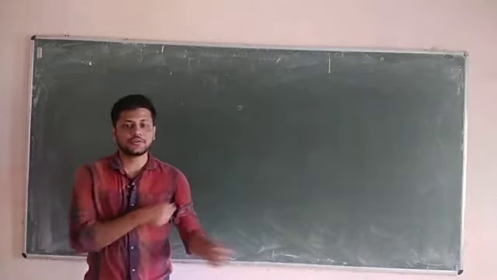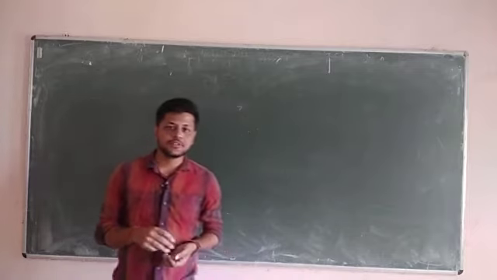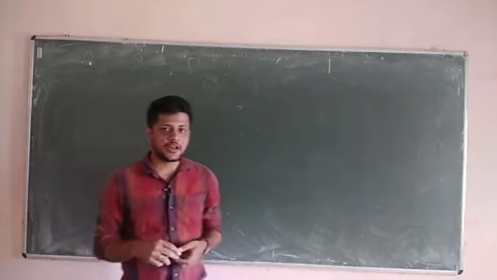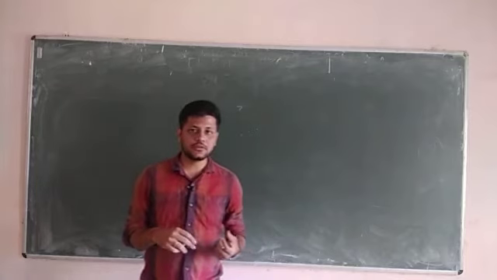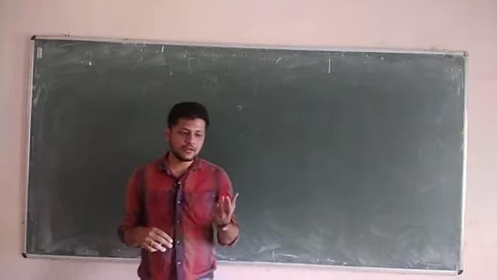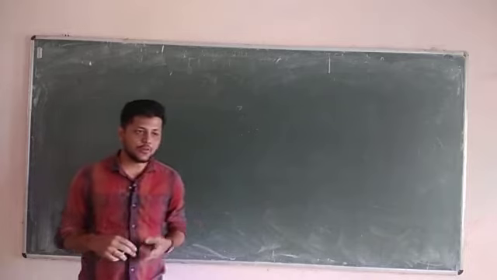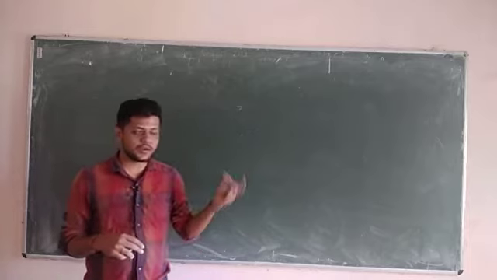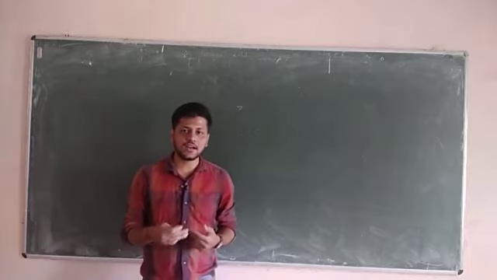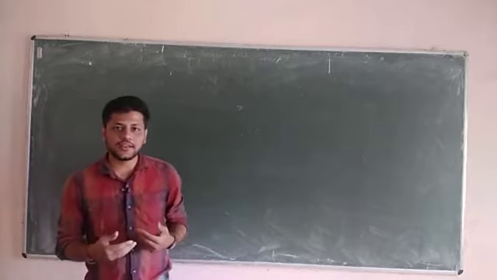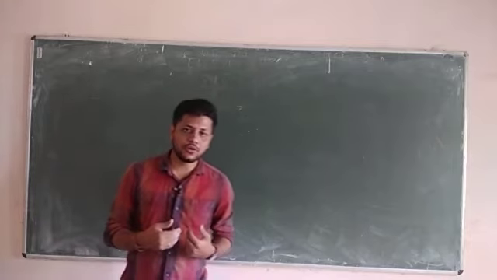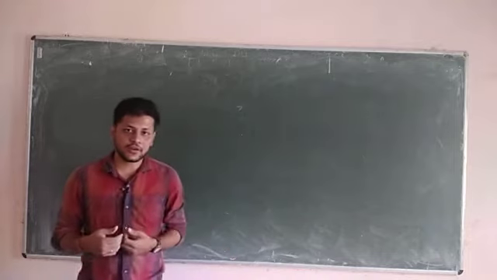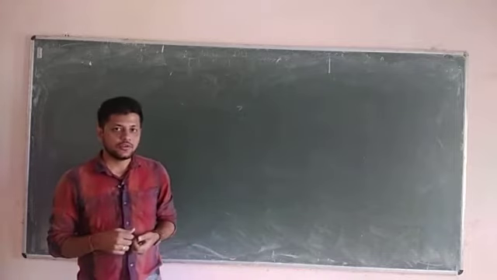In the last class we studied the universal gates, that is the NAND gate and NOR gate, and thereafter I taught you the symbol of the NAND gate, then the truth table of the NAND gate, then why the NAND and NOR gates are known as universal gates. I have already explained, because by using the NAND and NOR gates we are able to design any logic in digital electronics, or any basic gate can be implemented using them. Hence these gates are known as universal gates.